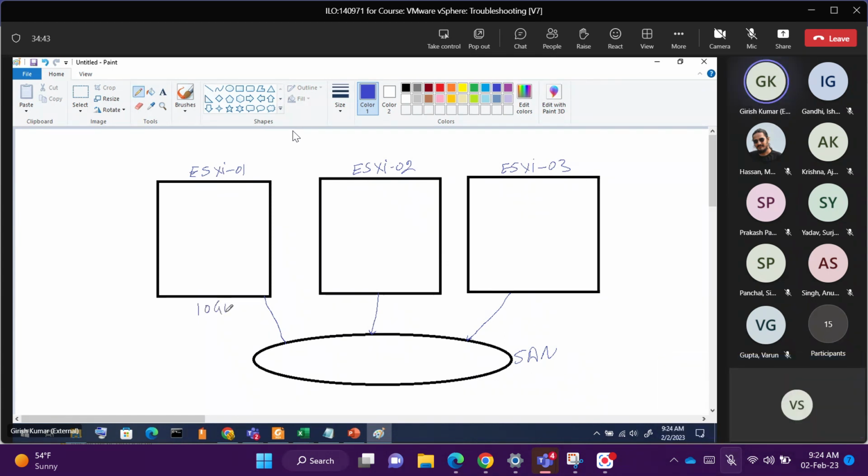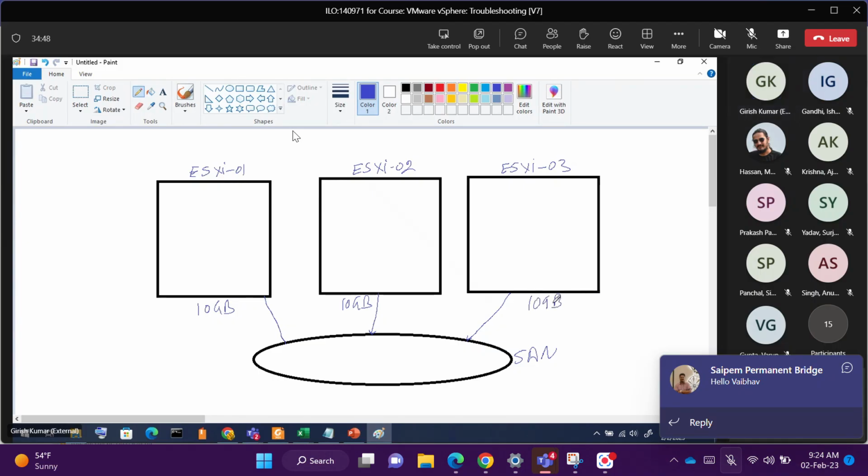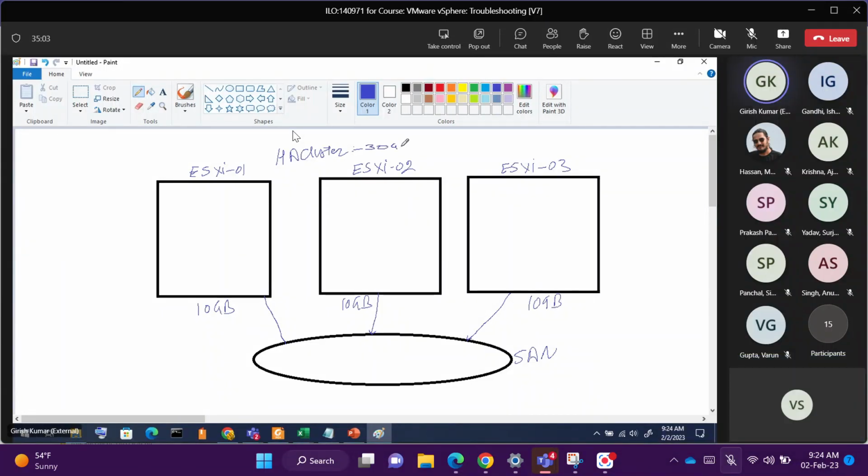Just for an example, we have 10 GB each to make our calculation easy. So when you add these ESXi hosts in an HA cluster, every host submits its resources to the cluster. So the cluster says I have 30 GB RAM, but each individual host says I have 10 GB RAM. Then we're going to place a virtual machine, VM,